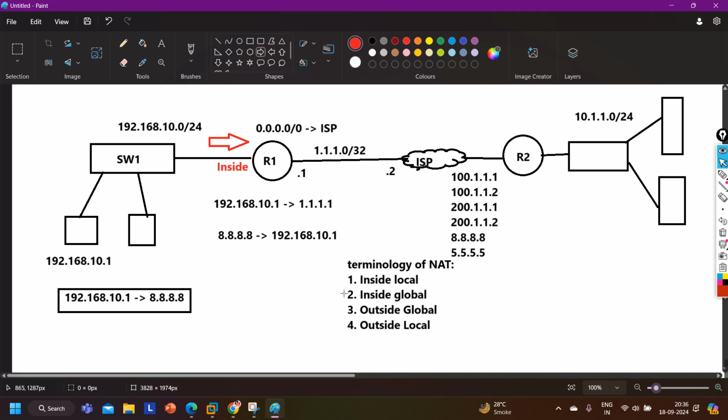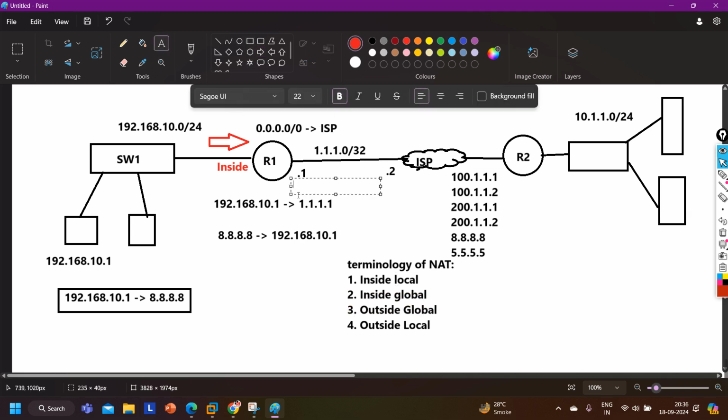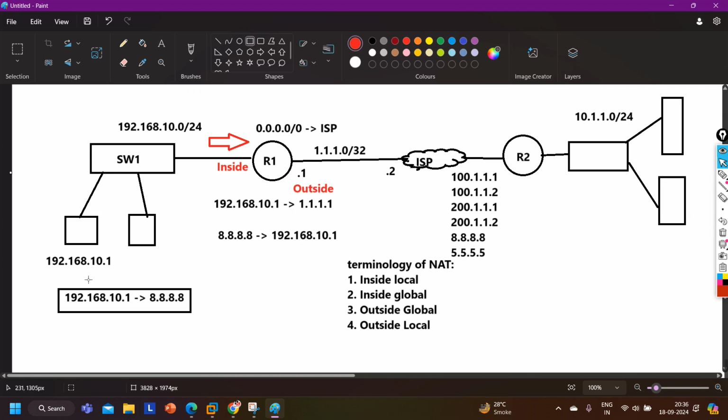And the interface which is connected with inside global must be configured as outside, right? So we are going to configure this interface as outside. And once router 1 receives traffic on the outside interface, it will get to know I need to translate destination. Whenever router 1 receives traffic on the inside interface, it will translate source, this IP address.